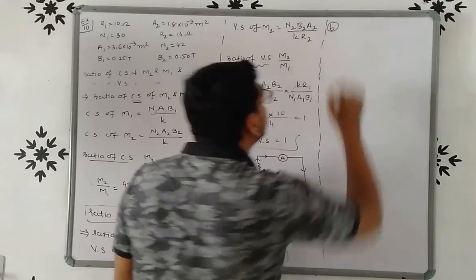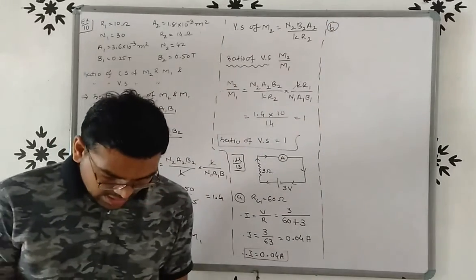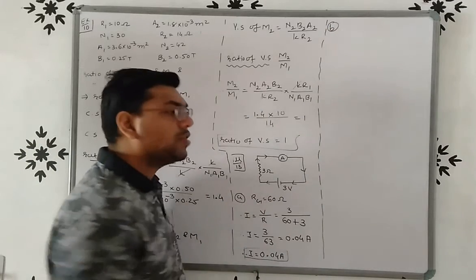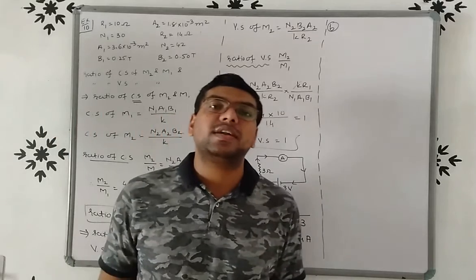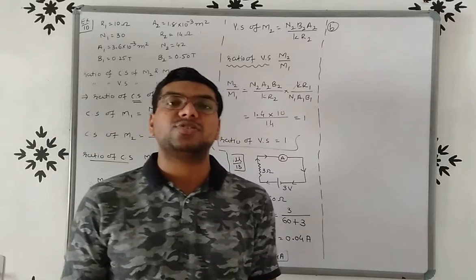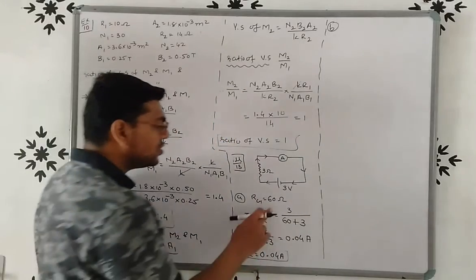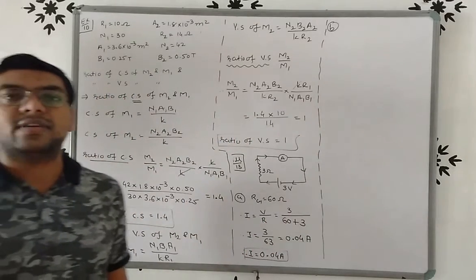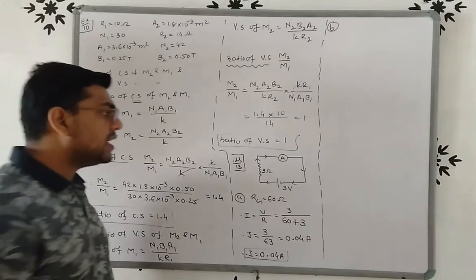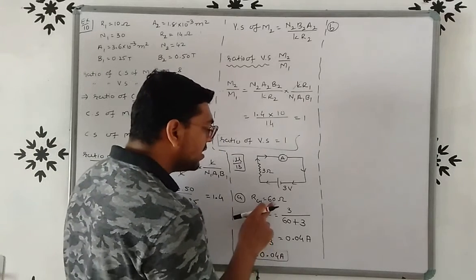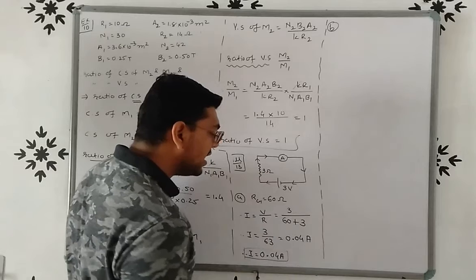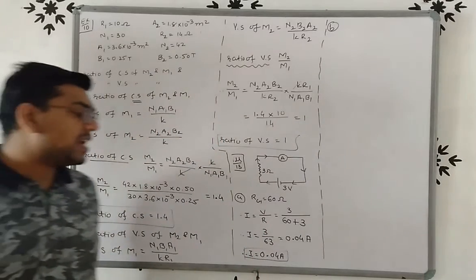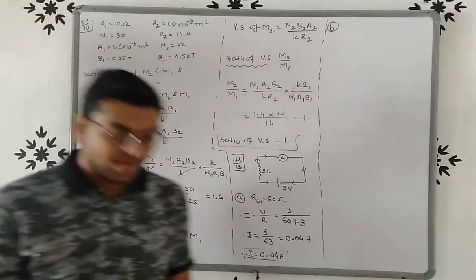So here in first case we connect the galvanometer having a resistance Rg 60 ohm. So to find out the value of current, we use Ohm's law. V is equal to IR, so I is V by R. So V is 3, and for series operation we know that R equivalent is equal to R1 plus R2 and so on. So here there are two resistors, first one 60 and another one 3. So total resistance 60 plus 3, that is 63. So we will get current I is equal to 0.04 ampere.